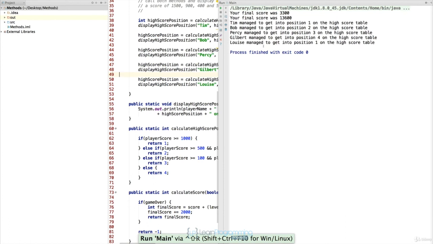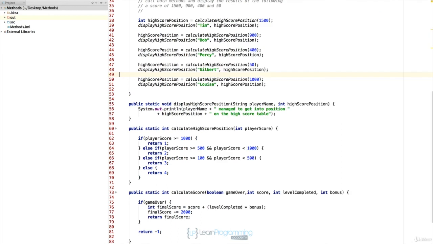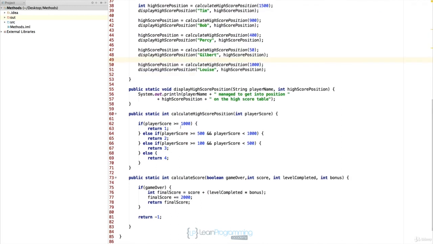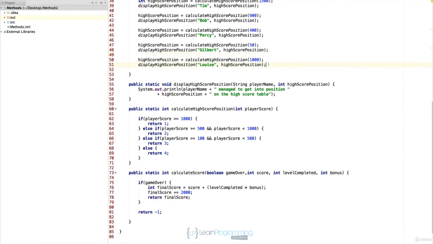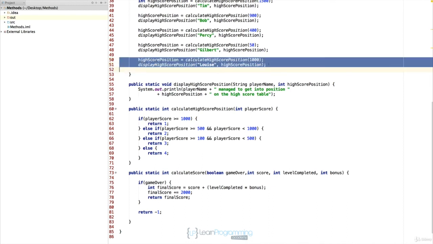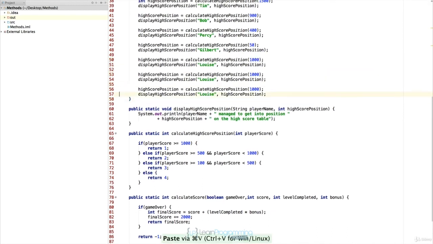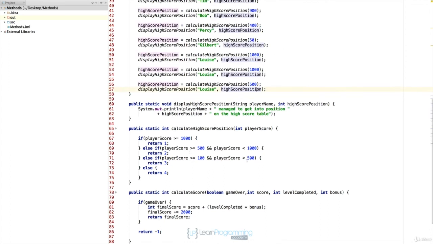we find that Louise managed to get into position 1 on the high score table now, and that's because we're now correctly checking to see whether the score is greater than or equal to 1,000. And likewise, if I just do a couple more copies here, and the next one we'll do a test for 500. In the previous version of the test, we only were testing for greater than 500 and then less than 500 in the next one. So that would have slipped through to position 4. That should now work. So if we change that to 500,